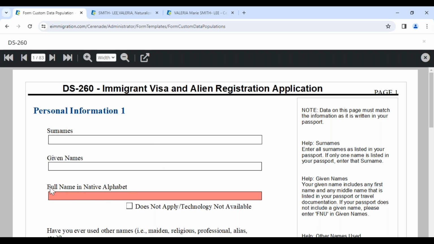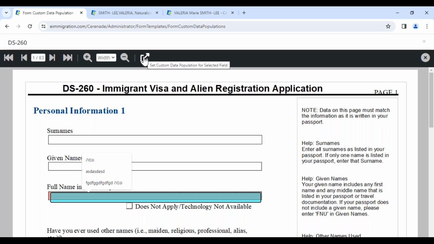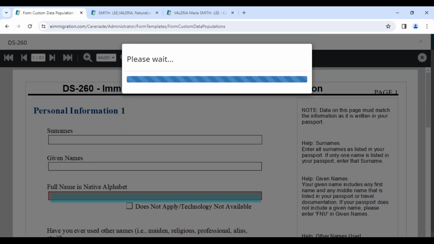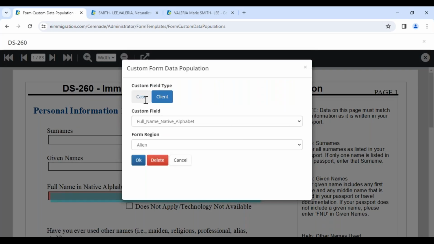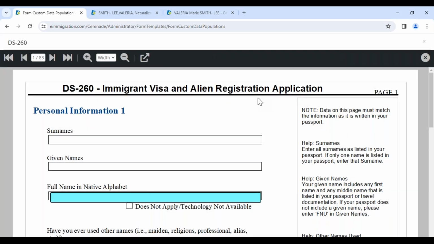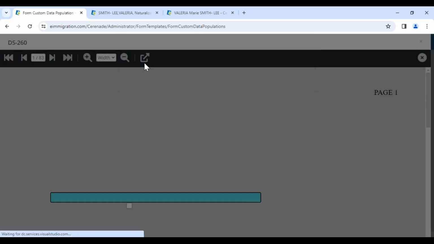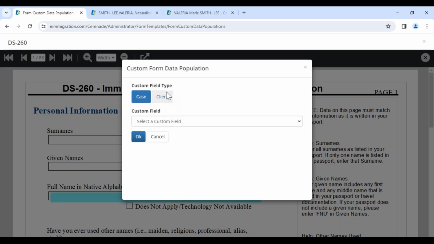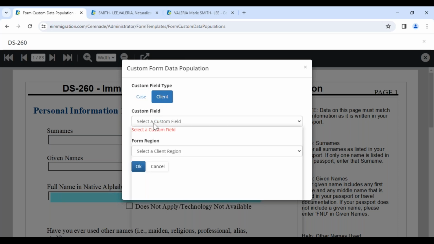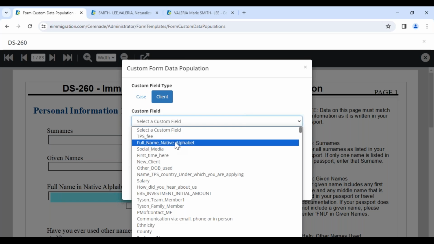See, this is my example. My custom field was, what's your full name in native alphabet? And you're going to click on the field and click on the icon on the top right corner. Well, no, it's in the center. Sorry. So click the icon, and let me delete this one so you guys can see. All right, so click on the field, click on the icon, and then search for or connect. Again, it's not the case custom field, it's a client custom field, and it was this one, full name native